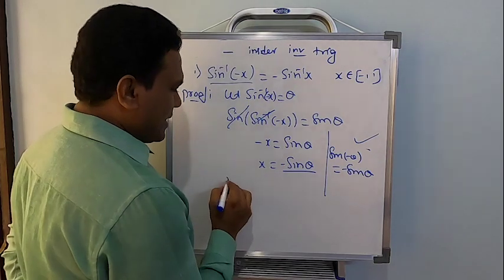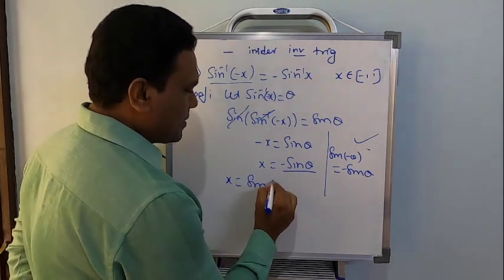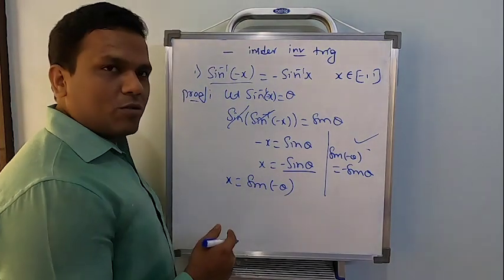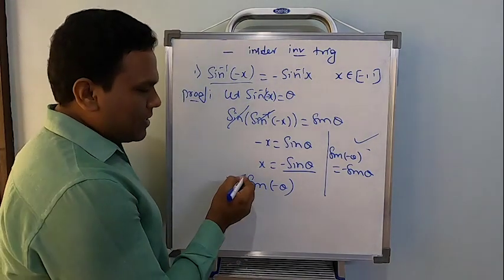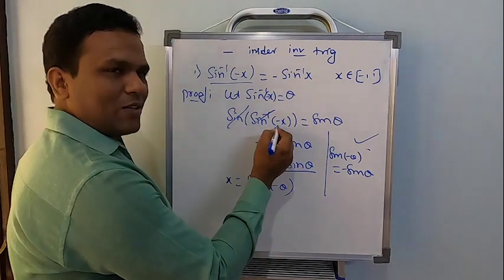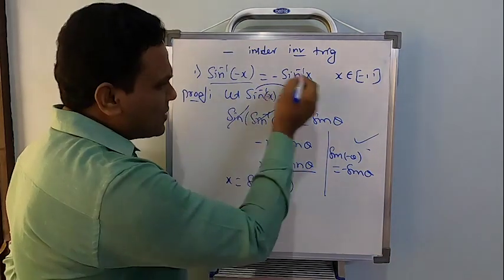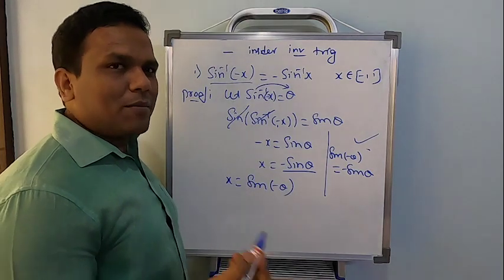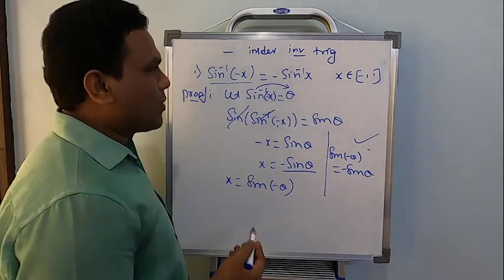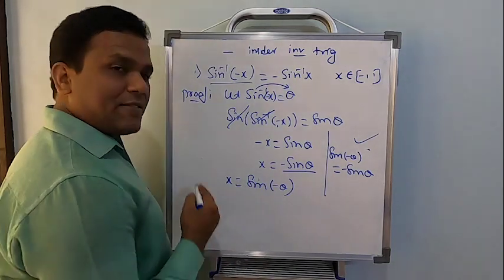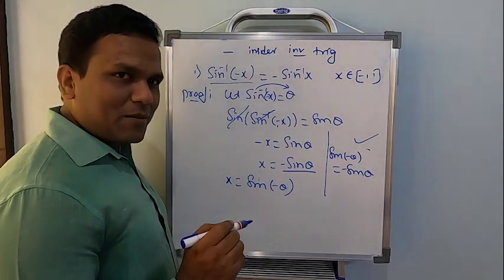So minus sine theta can be written as sine of minus theta. Now apply sine inverse on both sides. I will teach you simply. Here I said apply sine inverse, though actually it's a shortcut to understand: shift sine inverse to the right side, it will become sine, and shift sine to the left side, it will become sine inverse. That is not the correct method, but still you can remember it quickly.